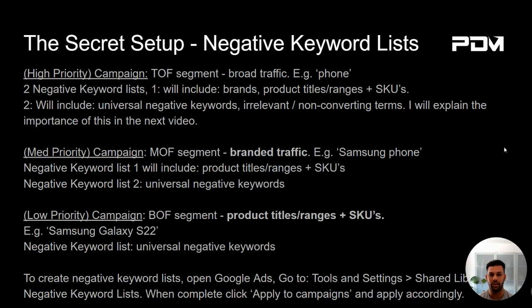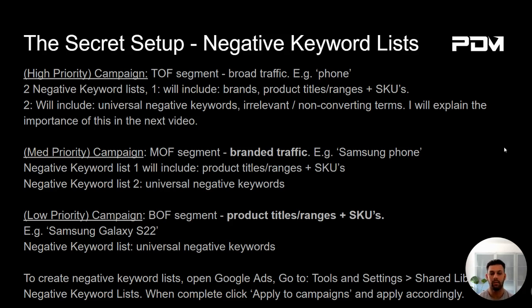But in order to actually segment the traffic, we're going to need to use negative keyword lists. So the high campaign, or the high priority campaign, as mentioned, is your top of funnel segment. This is your broad traffic, so people that are searching for terms such as phone. Now, you're going to need to create two separate negative keyword lists and apply them specifically to this high priority